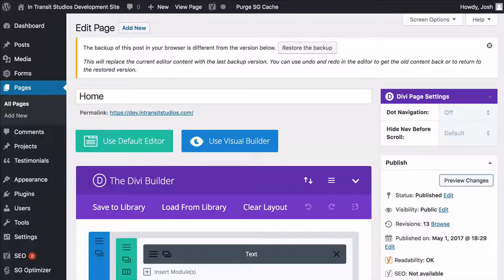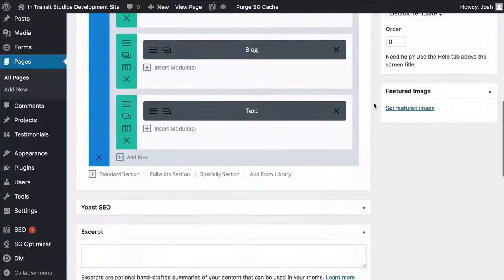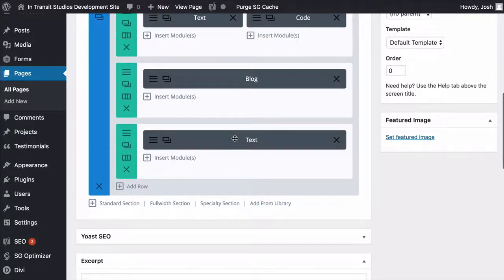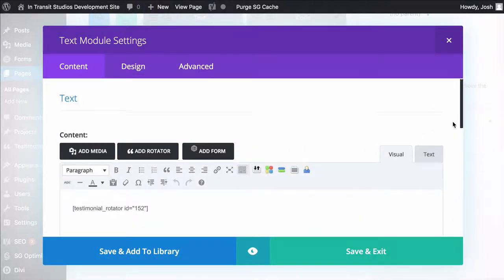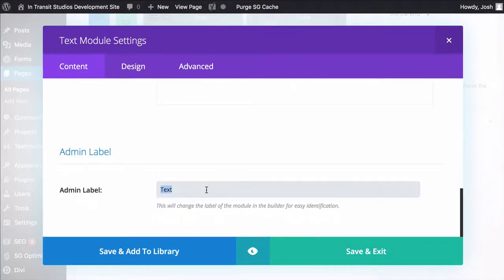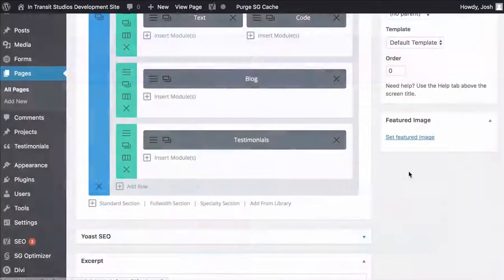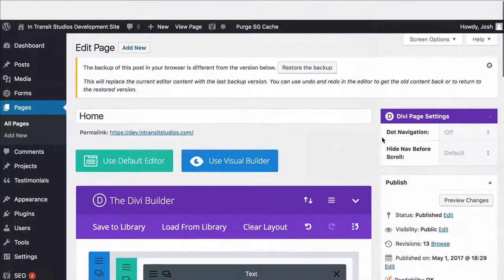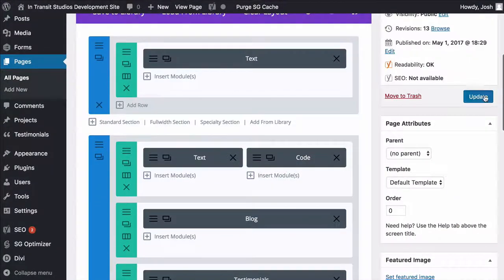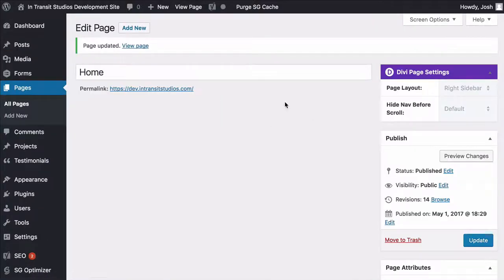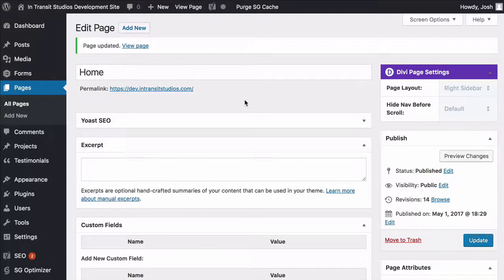So if you have multiple people working on a site, this is really handy because they might think it's just standard text, but actually it's the rotating testimonial. So in this case, I'm going to scroll down and I'm just going to update the admin label to testimonials. And now I know that this little section right here are my testimonials. So that's another very handy aspect of Divi: you can update these actual admin labels